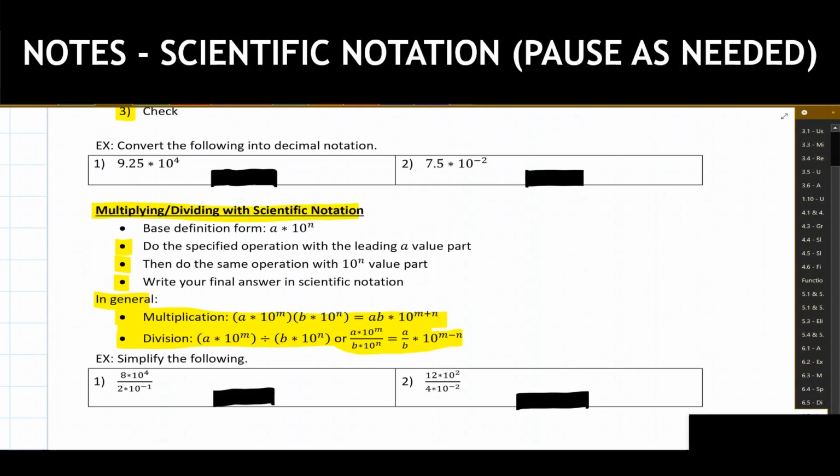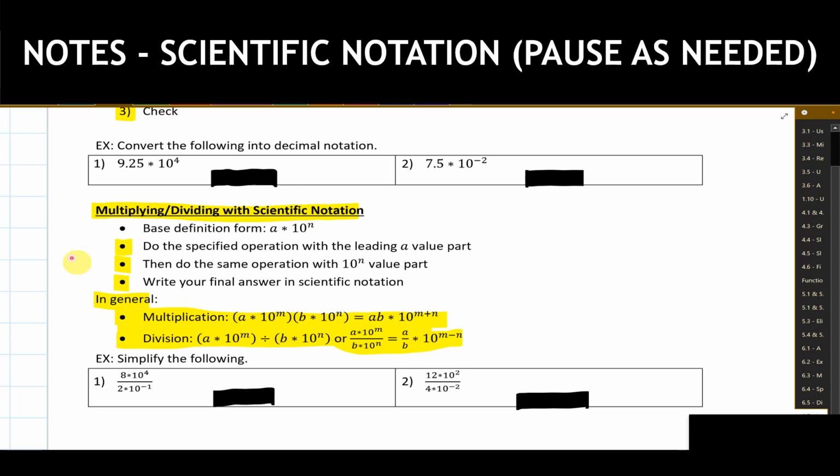The last thing we're going to look at with scientific notation is multiplying or dividing numbers that are written in scientific notation. A process that we have for that and some general properties are listed right here. Again, I would recommend that you write down the highlighted bullet points and the highlighted parts here. I would take a moment to pause this if you need to. Go ahead and write this down before we talk about this a bit further.